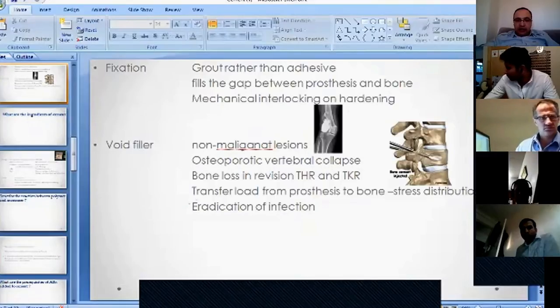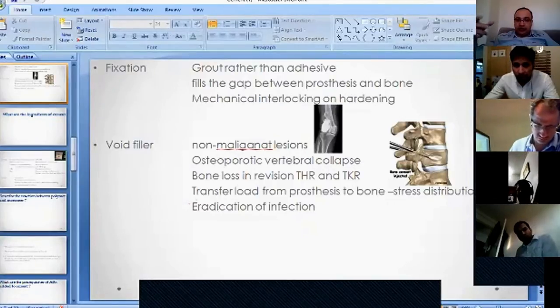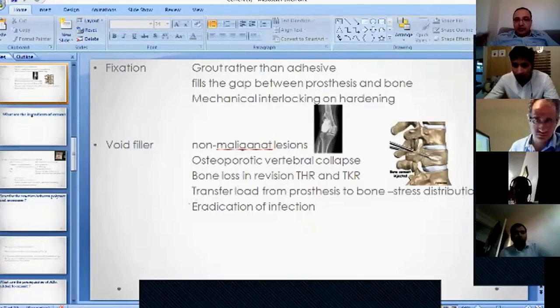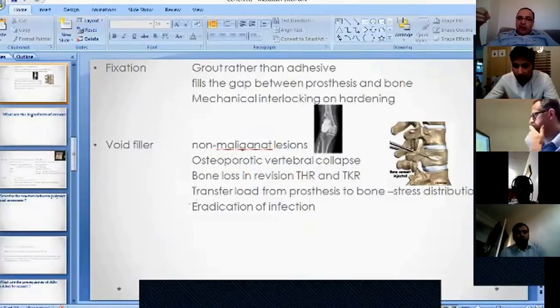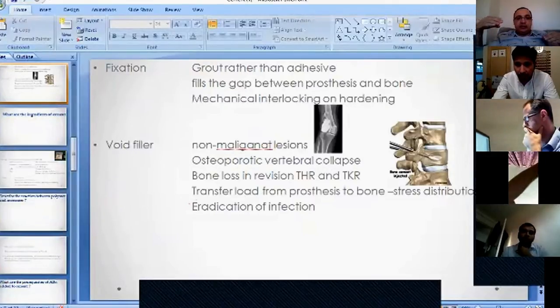So how it aids fixation, very important. Make it clear. It's a grout, it's a filler. It's not a glue or adhesive. It's a grout. It fills the gap between the prosthesis and the bone, and it provides mechanical interlocking when it hardens and sets. That's how it aids fixation. Grout, not adhesive. So that's the first function. The second function is it's a void filler, and that can have many